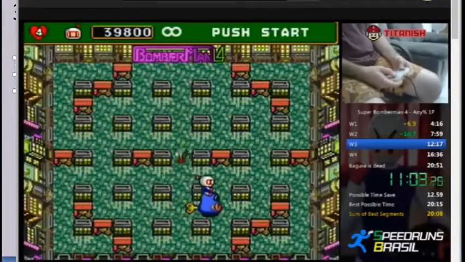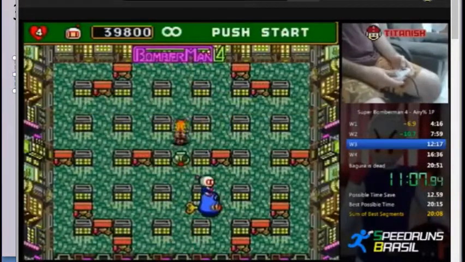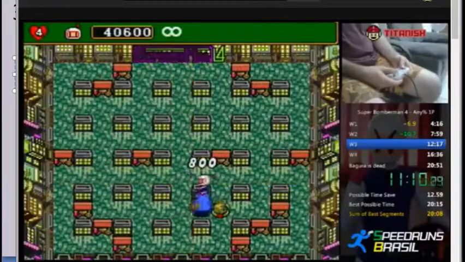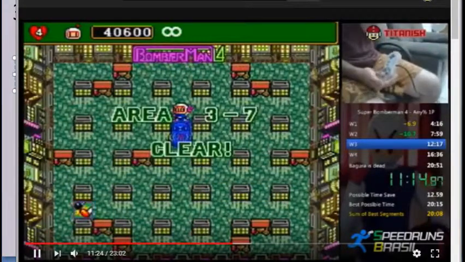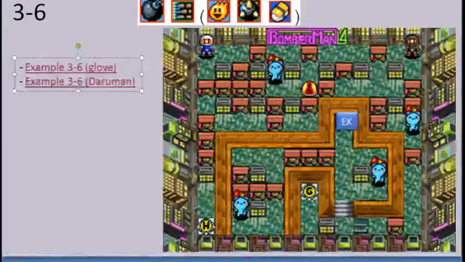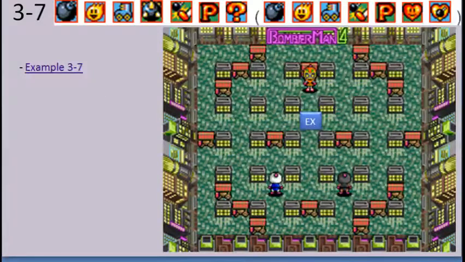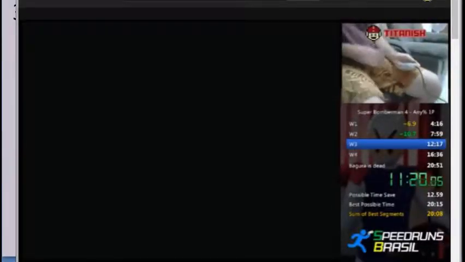Now 3-7, just the default bomber boss. This was not a very good boss because she trolled. Lady Bomber can be a bit of a troll sometimes, but it's not that big a deal. So 3-7, these items. The exit is there. Normal stage. Now 3-8 is a very annoying stage, very annoying boss,